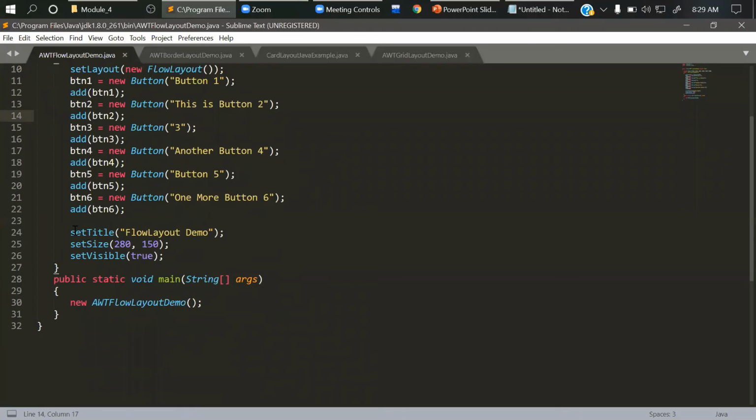Then setting the layout, size, and the visibility. Then you can see here calling out the constructor. I'll just execute it.